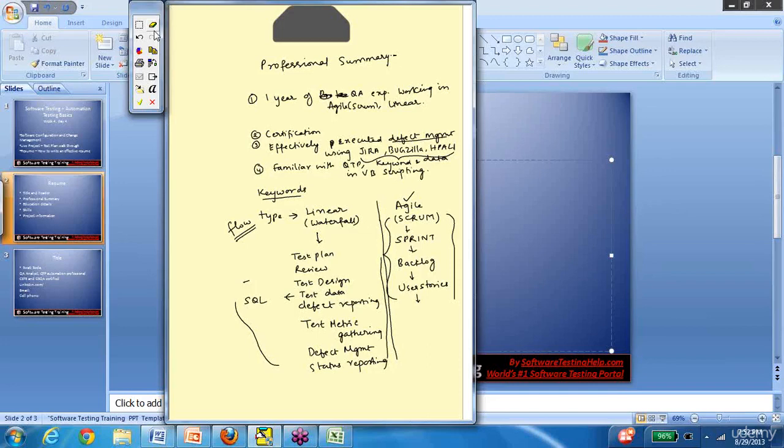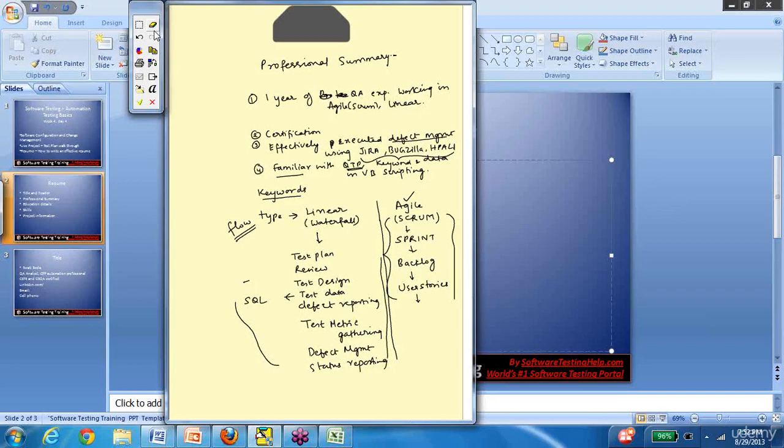Here, one more thing that you need to be very conscious about in writing a resume is, do not write anything that you are not confident about. You might not have really attended a QTP seminar or a training session, or you might not be an expert in QTP. But do not write that you're familiar with QTP if you're not. Okay? If you are including a word like keyword driven or data driven testing in your resume, make sure that you know what it means. Make sure that you have spent some time understanding what it means.